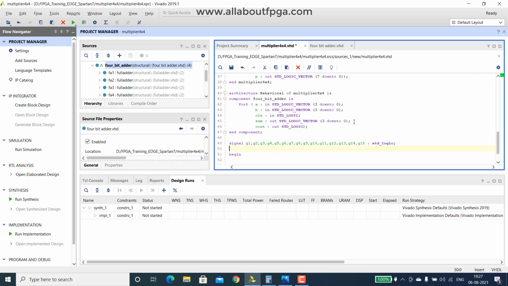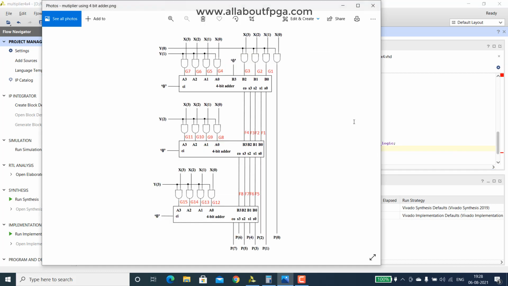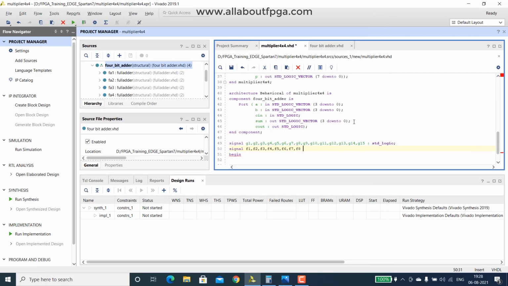Similarly, we have to declare F, which will start from F1 to F8, so totally 8 signals are there. That also comes as std_logic.